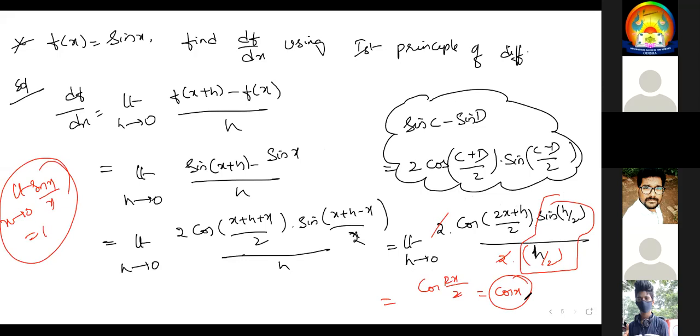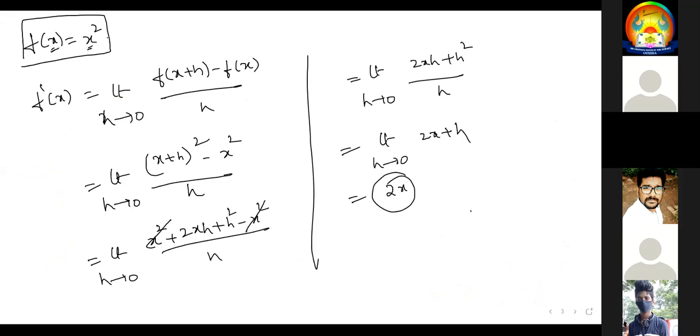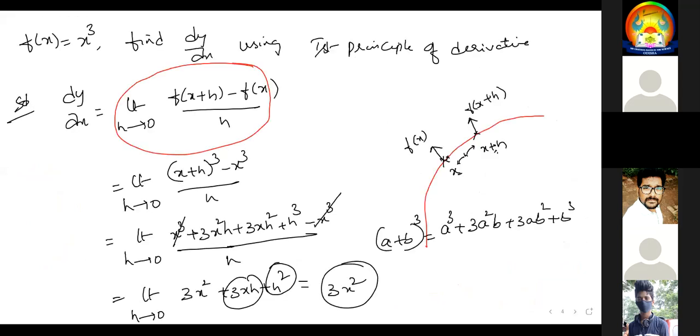Sin x differentiation, like that above. So many things we can calculate: sin x, cos x, tan x, x cube, x power 4, what not. If you understood, it's very good. If you did not understand, also no issue, sir. I'll repeat again in the next class, same thing. Okay, copy this. Please copy this. I'll explain it if you are not able to understand. It's not very easy. I know that it's very tough.